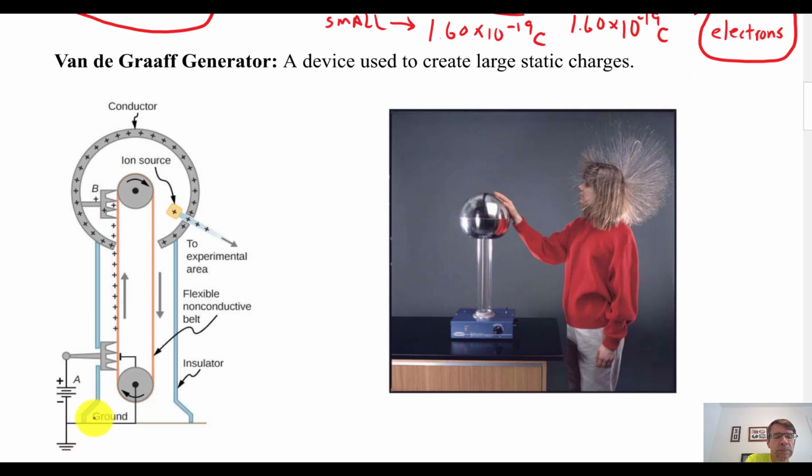So more on that later. Ground. That's the electrical symbol for ground. That means you're touching the earth somehow, literally the ground. But this rubber belt goes round and round. And what happens is this